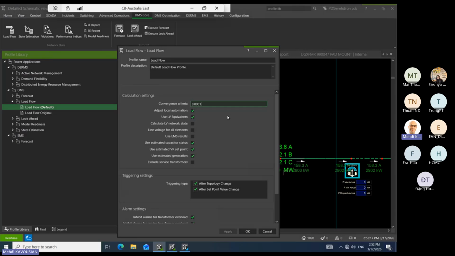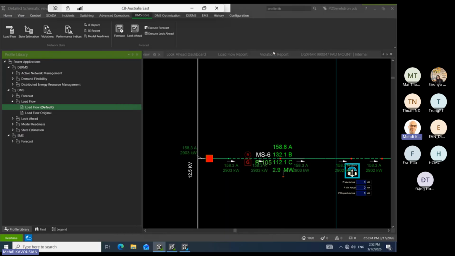Okay, so the next one is a bit complicated. I will show it with the simulation. Let's go to the next. Use LV equivalent. LV equivalent means sometimes you don't have LV networks, similar to your network where you don't have LV. So what we do here,